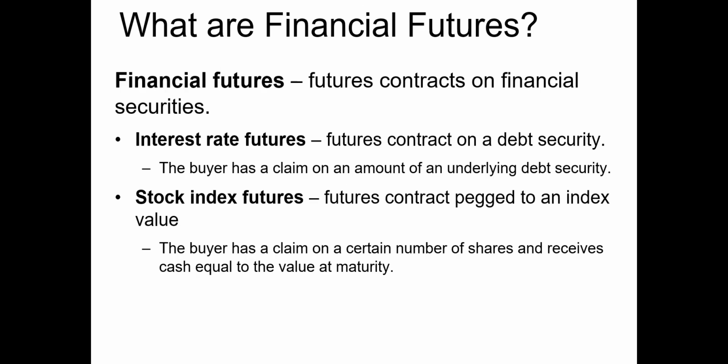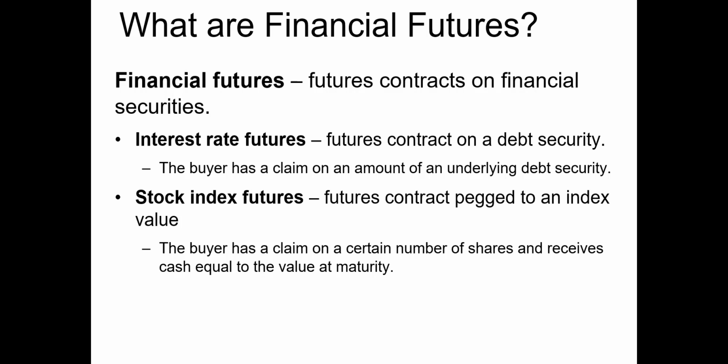Another type of financial futures contract is an interest rate futures contract. An interest rate futures contract locks you into a contract to buy a debt security at a set price. If you take the long position, you're hoping that interest rates fall and the value of the debt security you will be required to buy rises beyond the price you agreed to pay. Again, just like commodities futures, you can get out of these contracts by taking the opposite position. Finally, we have stock index futures, or index futures, and these are futures that are tied to the value of some stock index.